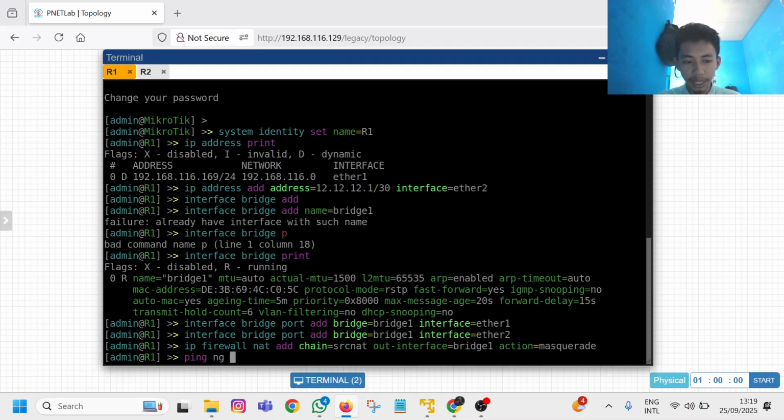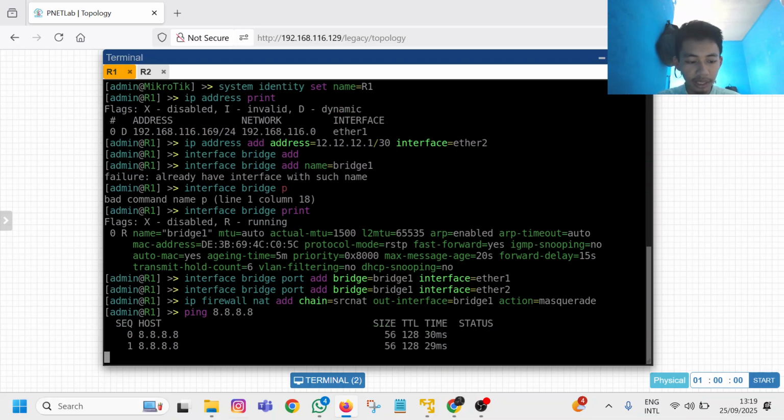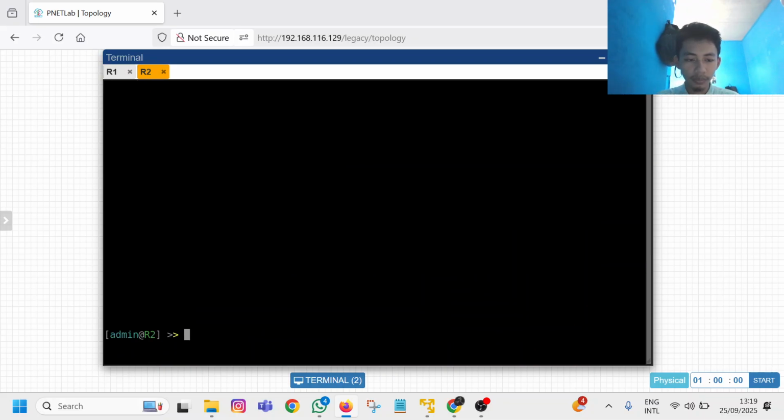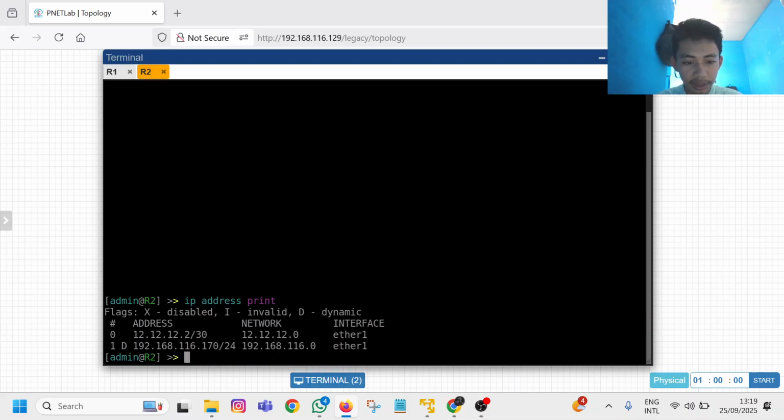Let's try it. Ping Google IP. We have the connection here, but now let's try the IP address print. Now as you can see, on ether 1 we obtained the public IP from the other one.